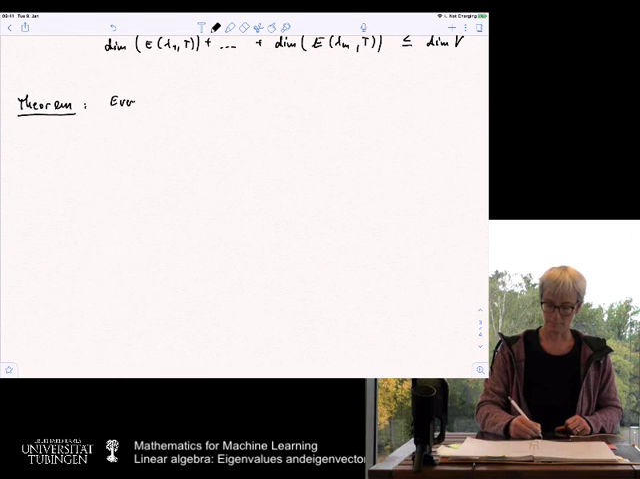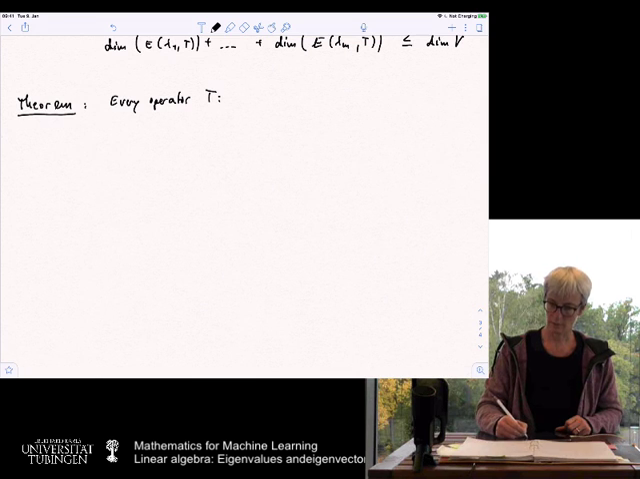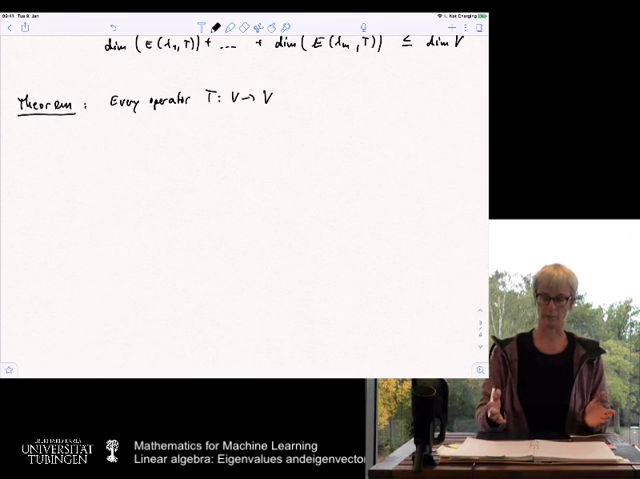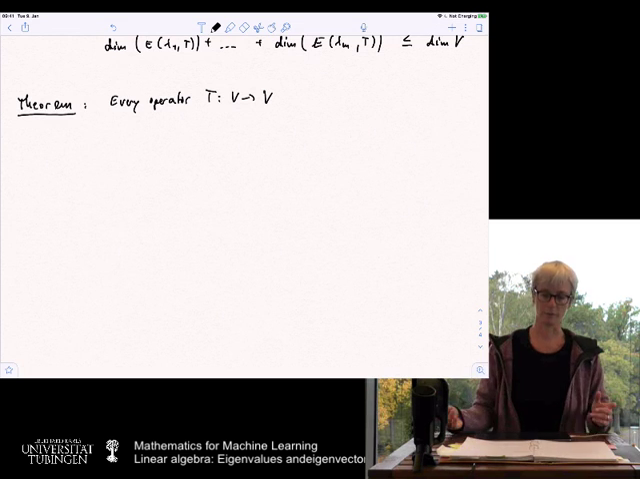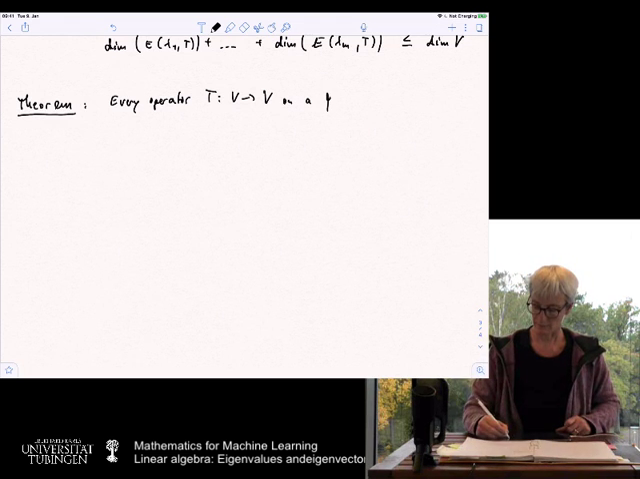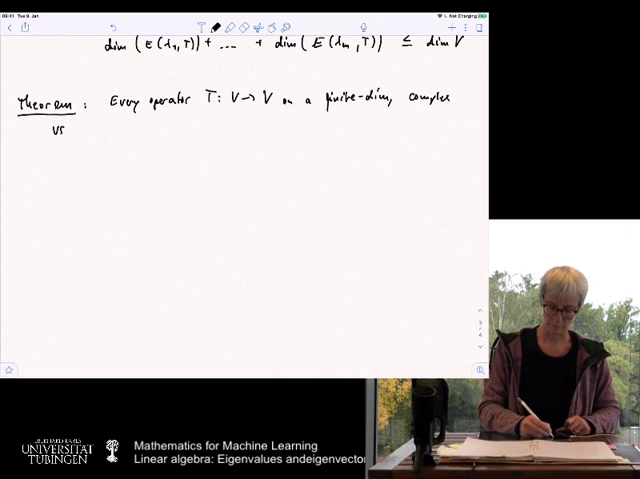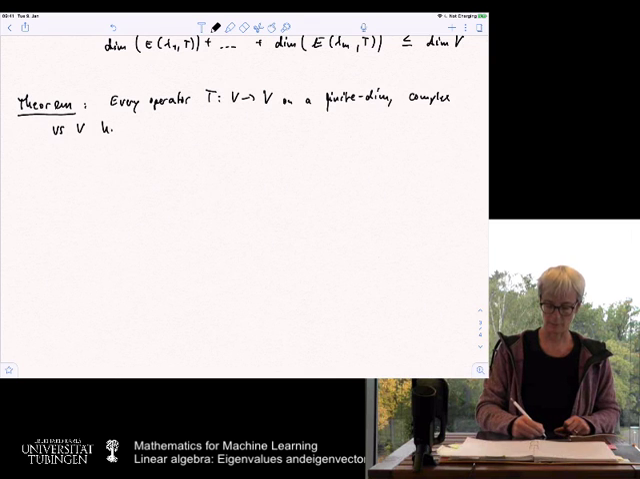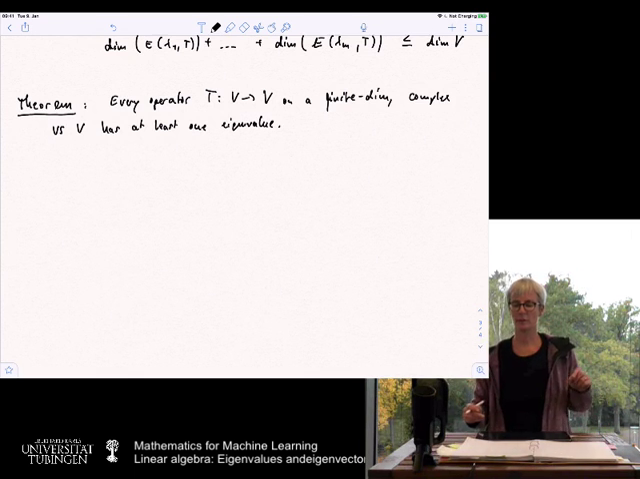Every operator T that goes from V to V, where we have a vector space V, on a finite dimensional complex vector space V has at least one eigenvalue. Here, two words are important: finite dimensional and complex. Both words are important